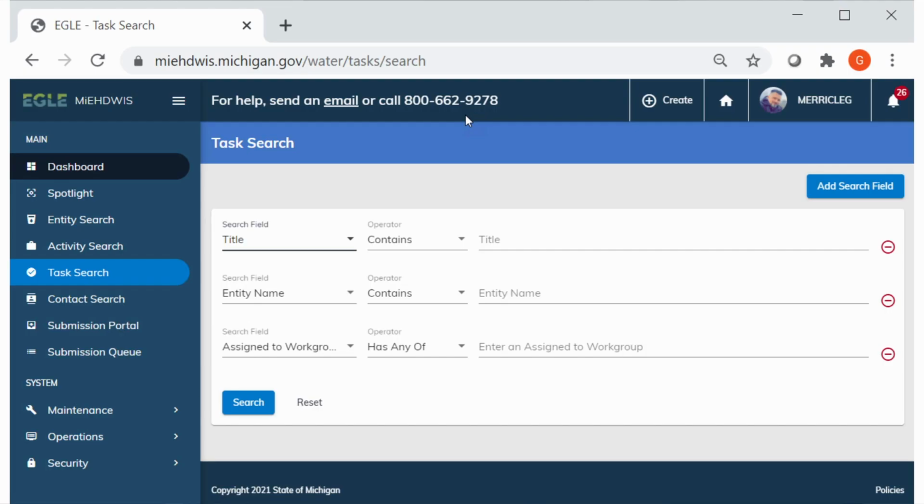Tasks are kind of like if someone has an activity assigned to them and they want to break it up into pieces, they can assign themselves tasks that have separate due dates. So like an activity might say, okay, I've got this new vehicle application that I have to process through to the license issuance, right? And part of that might be contact the health department, have them do an inspection and report back to us.